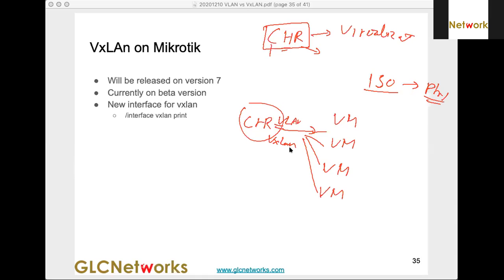They promise that version 7 is much better than the previous release. It is still beta, but you can test it. If you log into the MikroTik, you can see there is a new interface called VxLAN.